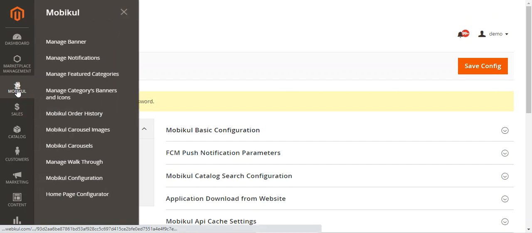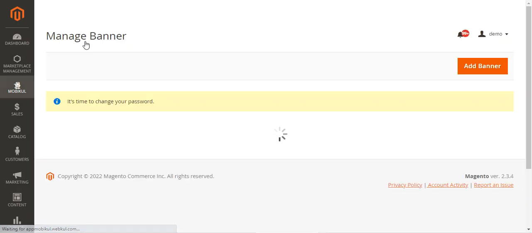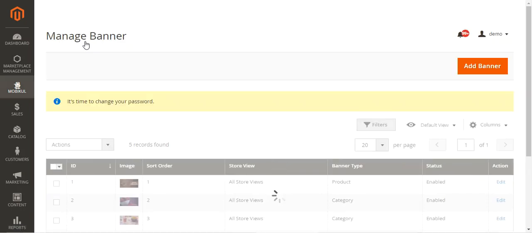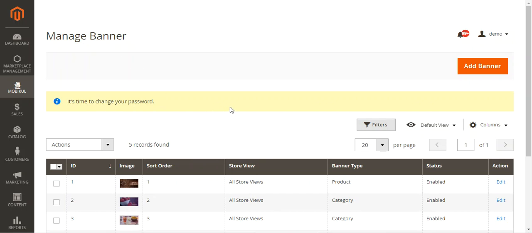Now coming to the Mobicool section once again, here we have the very first option as the Manage Banners. So if I go to the Manage Banners, here I'll find the complete list of banners that I've already added. The banners can be of 2 types. One is the product banner and the category banner. If it's of the product type, then whenever the customer taps on the particular product banner, the customer would be redirected to the particular product page. Otherwise, if it's of the category type, then the customer, after tapping on the particular banner, would be redirected to